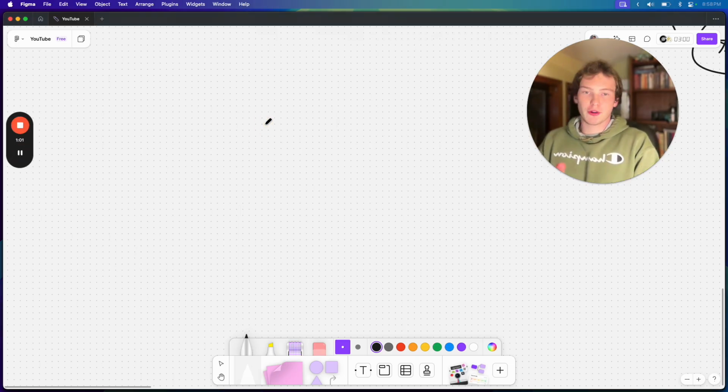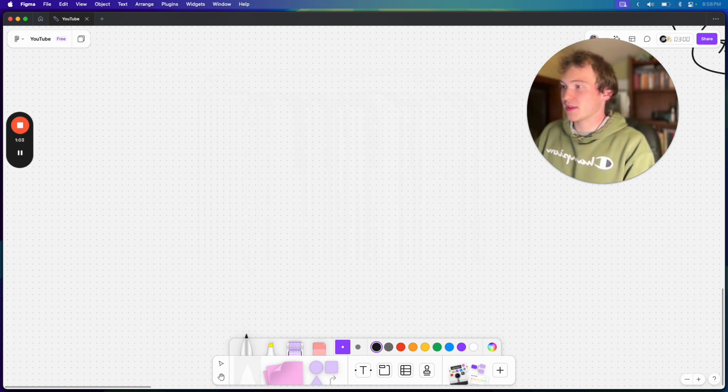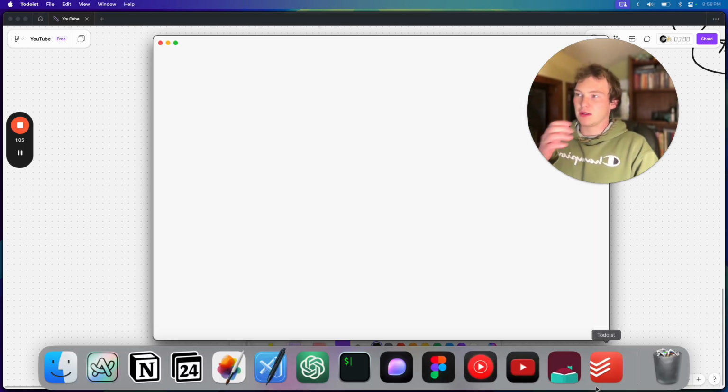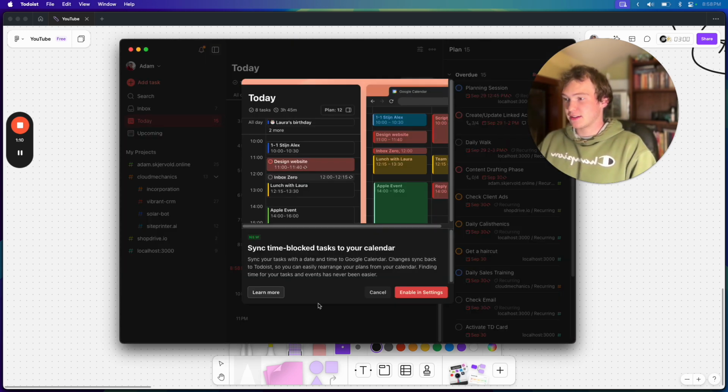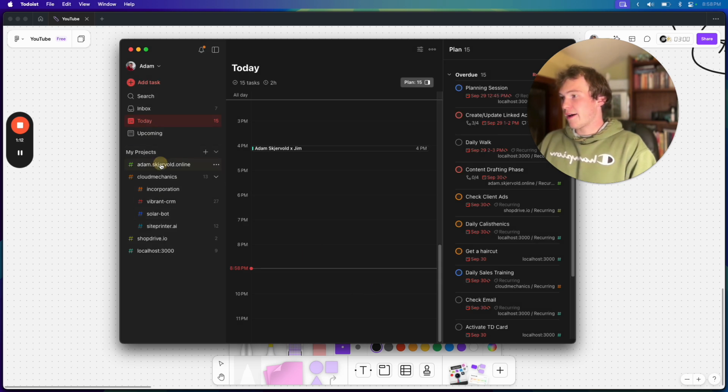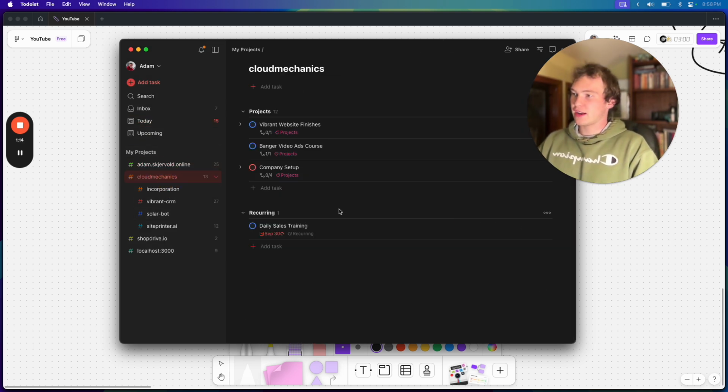So I just want to show you what I was using before. I had Todoist. Okay, so I'll pull that up and we'll be able to see some of my tasks here. Oh dear. And some of my projects that are kind of laid out as projects, as we can see. And what I had is I had Todoist to manage all my regular personal projects and tasks and things like that. And then I had Notion to manage projects with note taking.